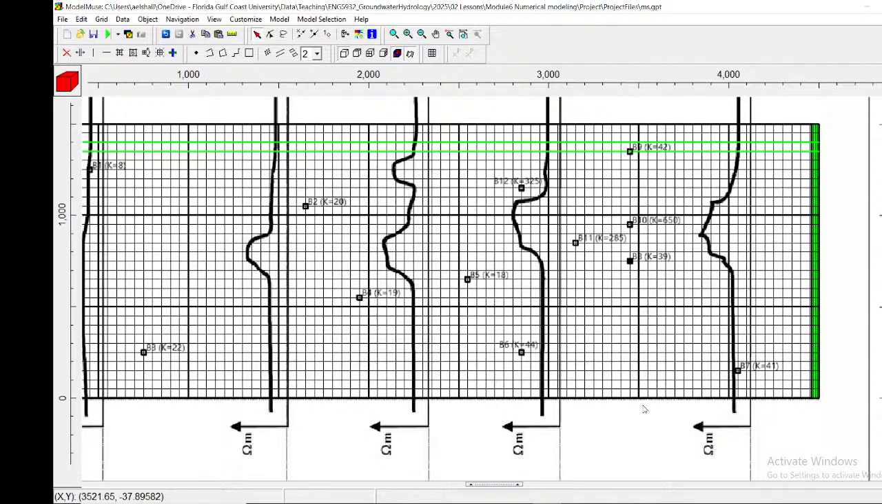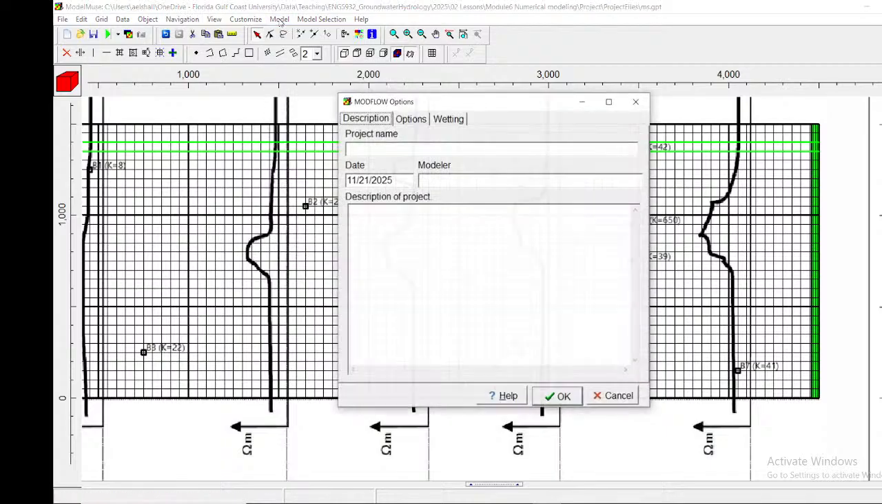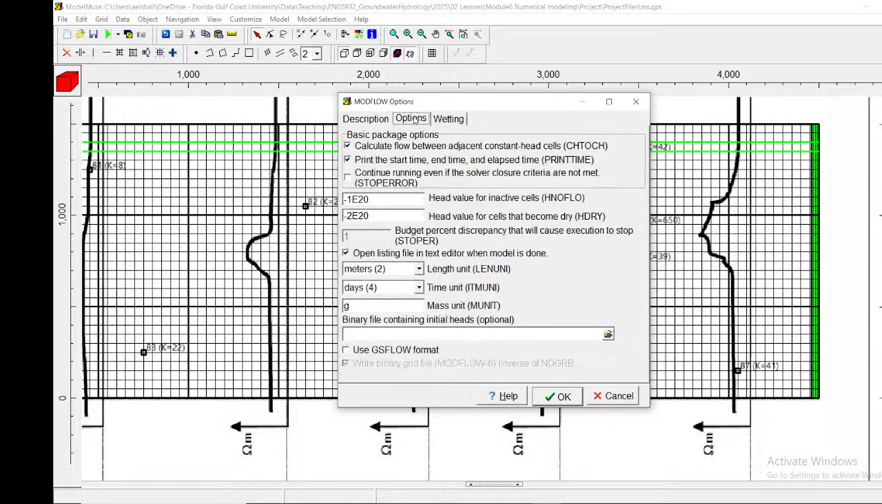Okay. So like MODFLOW options, yes, MODFLOW options. You go to options. I think you need to select, so MODFLOW option, select "continue running even if the solver closure criteria are not met." Stopping error. Where is this? Continue running. Yes. So that would be useful for model calibration, because you don't want to